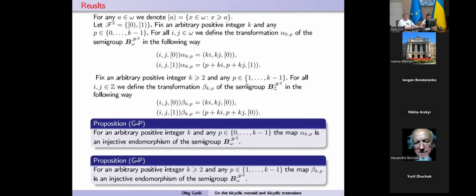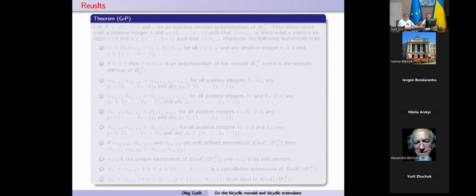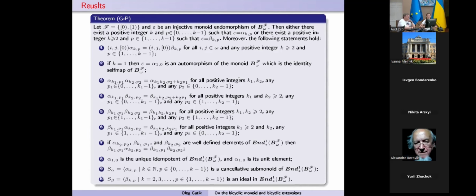So these two types of endomorphism are injective endomorphisms. And the first question is, are there other injective endomorphisms? Me and Inna Pozniakova, we proved the following small theorem. This theorem states there are no other injective endomorphisms of the extension B omega F when F consists of